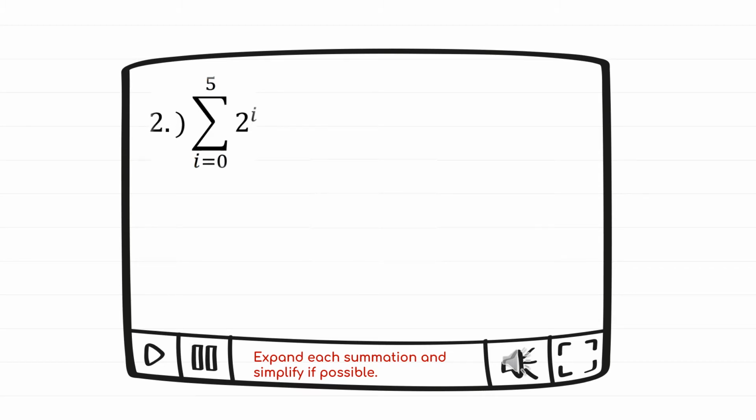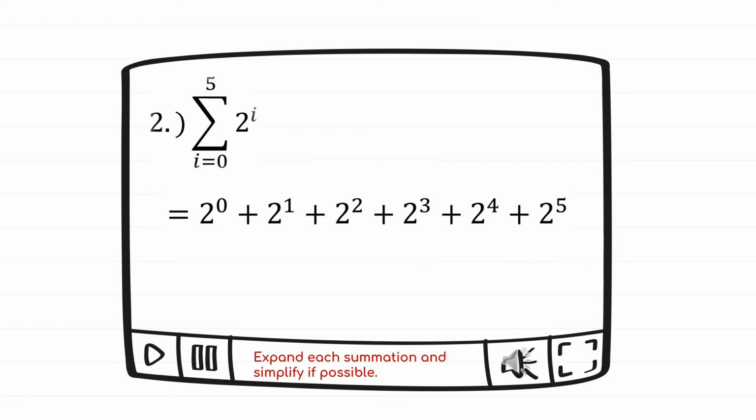Example number 2. The summation of 2 raised to I from I equals 0 to 5 equals, again substitute 0 up to 5 on the exponent, which is I. 2 raised to 0 plus 2 raised to 1 plus 2 raised to 2 plus 2 raised to 3 plus 2 raised to 4 plus 2 raised to 5 equals 2 raised to 0 is 1, because any number raised